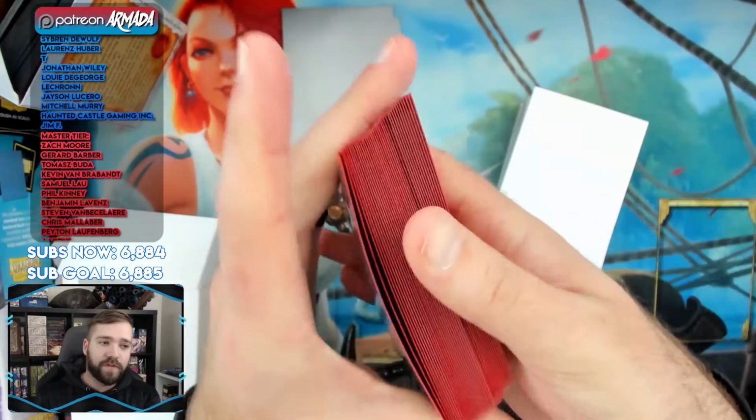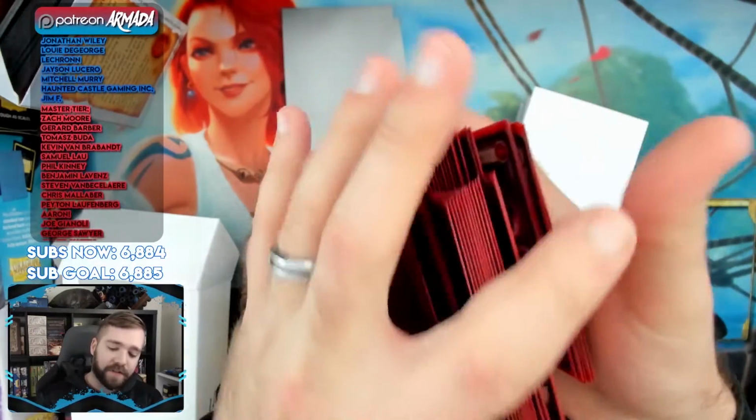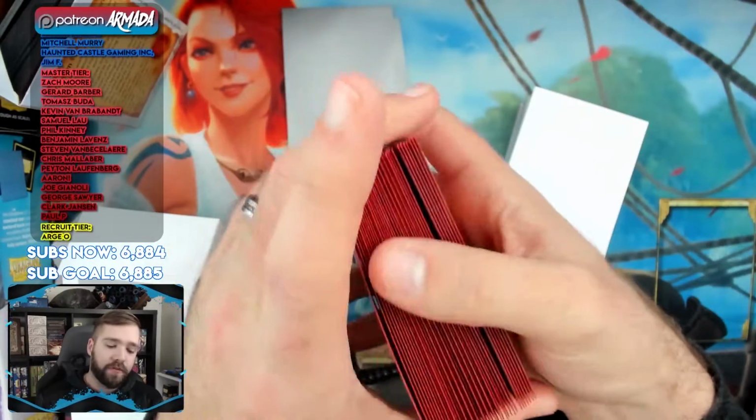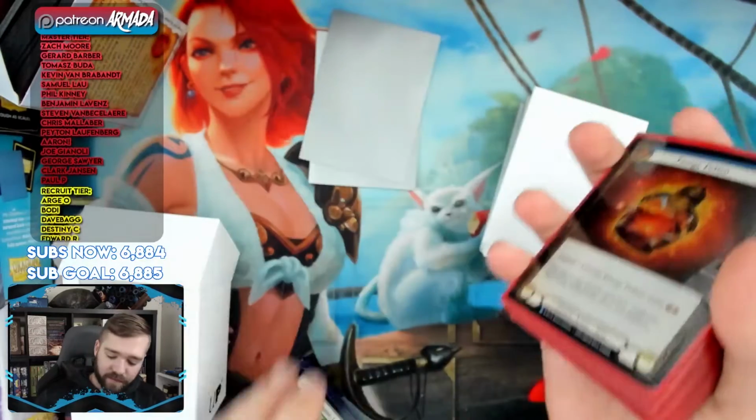You can see it still moves fairly well, but over the time, the back has come off. And this is a normal Dragon Shield. This is not the mat that we're going to be talking about. I'm just setting the stage for you to understand what we're going to talk about with regards to these Dragon Shield dual mats, which are just overall impressions that I've found from them over the past few months of using them